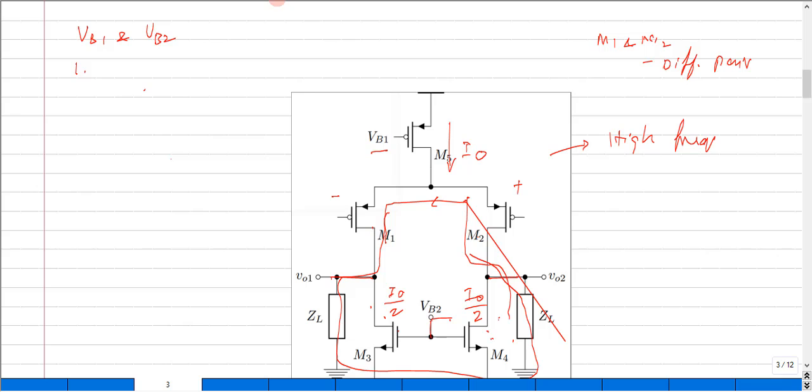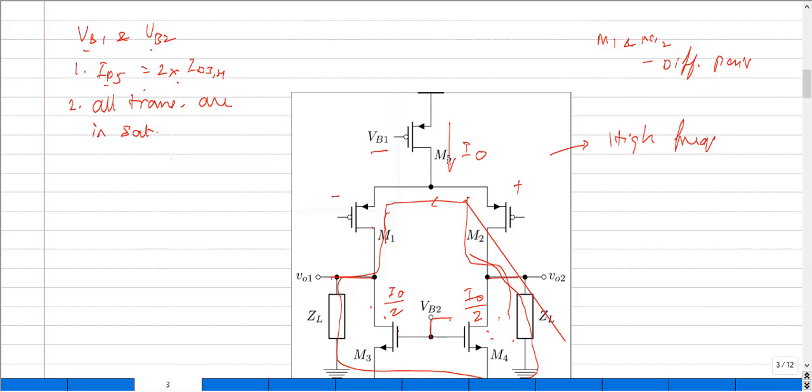That is, ID5 is supposed to be equal to twice ID3, 4. So this is a major thing: the choice of these two has to ensure that this type of current flows, and it also has to ensure that all the transistors are in the saturation region. In general, the values of VB1 and VB2 have to be matched to such a degree